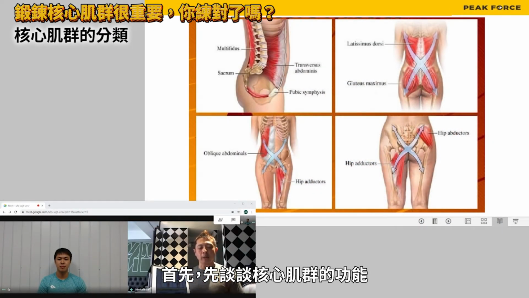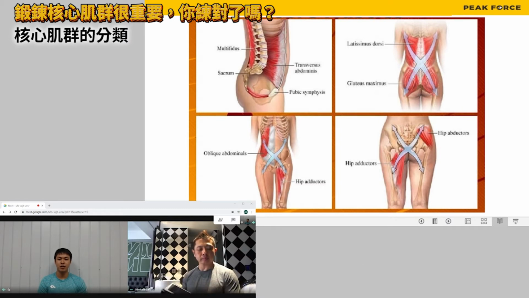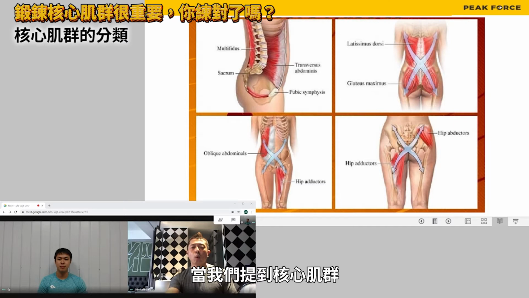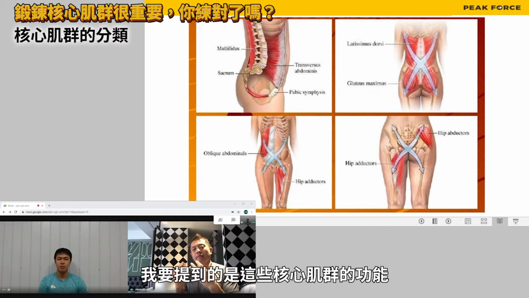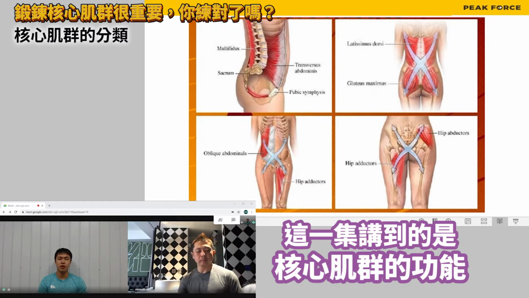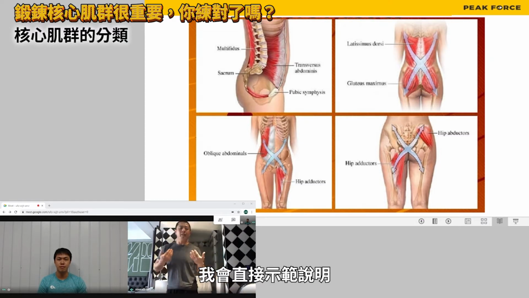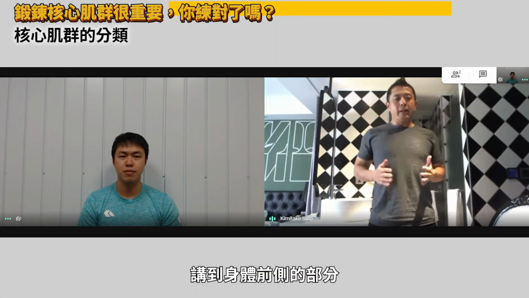So let's go to the slide and talk about the function of core muscles first. 我们第一个讲的是，每个核心肌肉的功用是什么？When we're talking about the core muscle, I'm not talking about learning the name of the muscle. I'm talking about the function of those core muscles. 所以讲到核心肌肉的时候，重点不会放在名称或哪里是核心肌肉，而是放在它的功用，它做什么事情才是我们的重点。